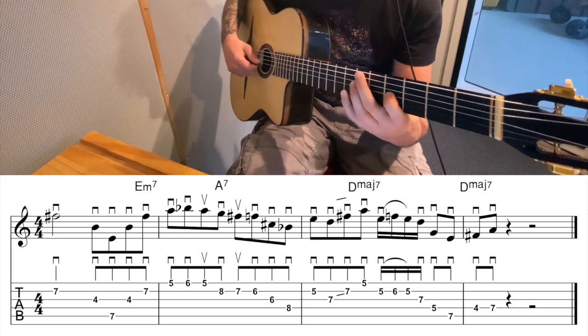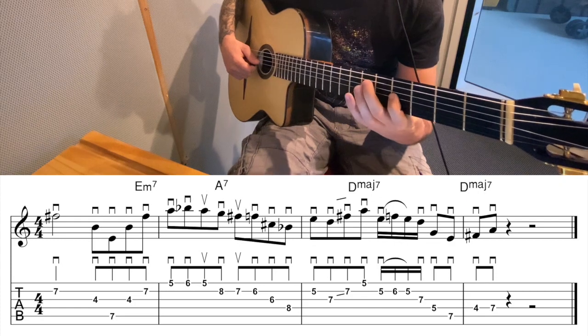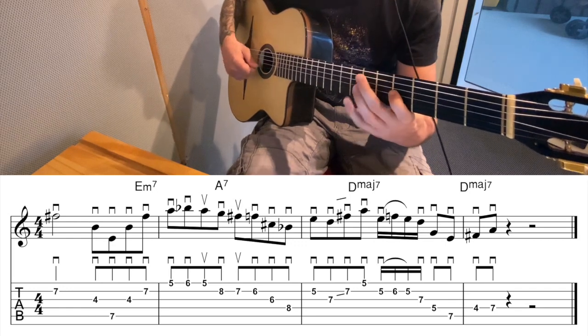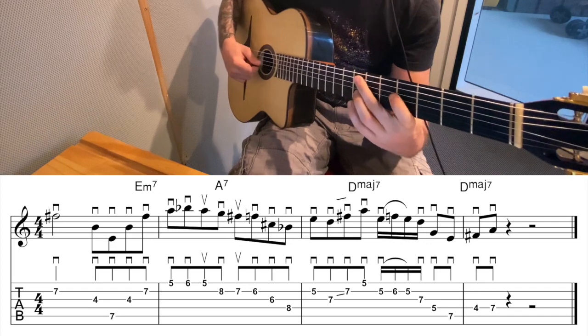So 7 on string 2, 4 on string 3, then skip a string, which is quite tricky, but is a good exercise for your right hand technique anyway. Then you go back down the same way,